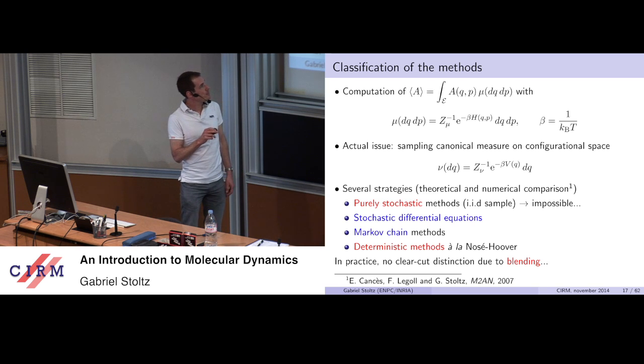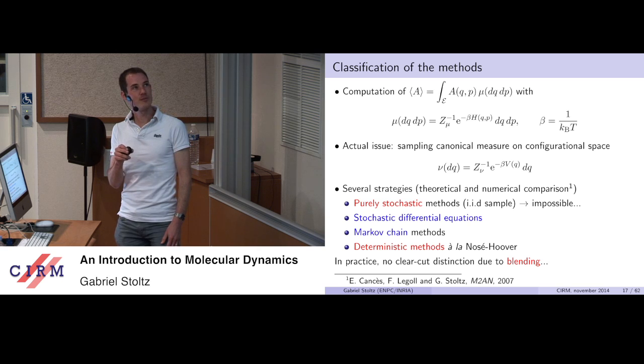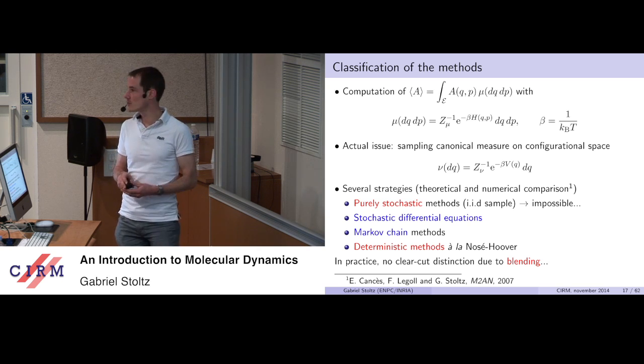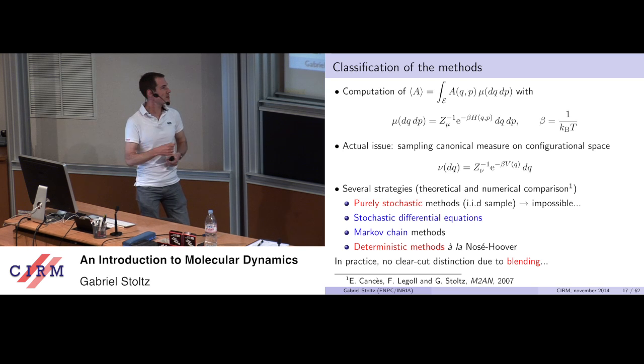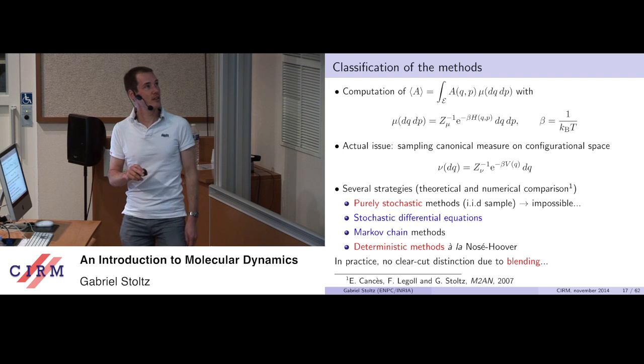The real challenge is computing relevant configurations where the positions are distributed according to this measure, exponential minus beta V of q, which is a very complicated measure because all particles are intricate, there are interactions of all sorts in all directions. It's really a nightmare to find a typical conformation for this probability measure. So you should forget about sampling independent and identically distributed positions according to this measure, because it's just too high dimensional, you have no control on that.